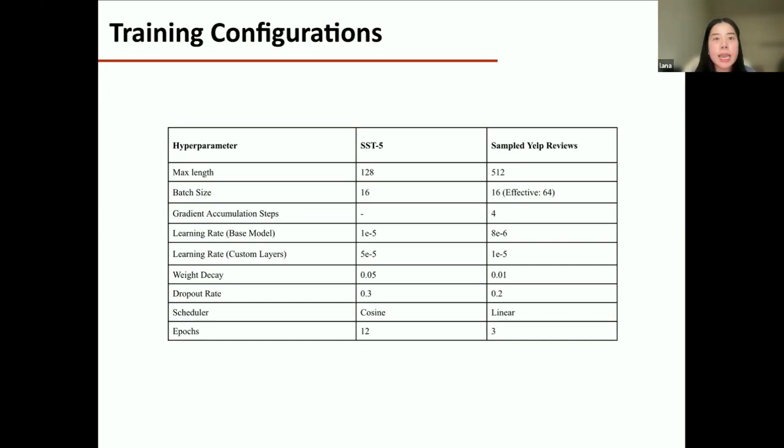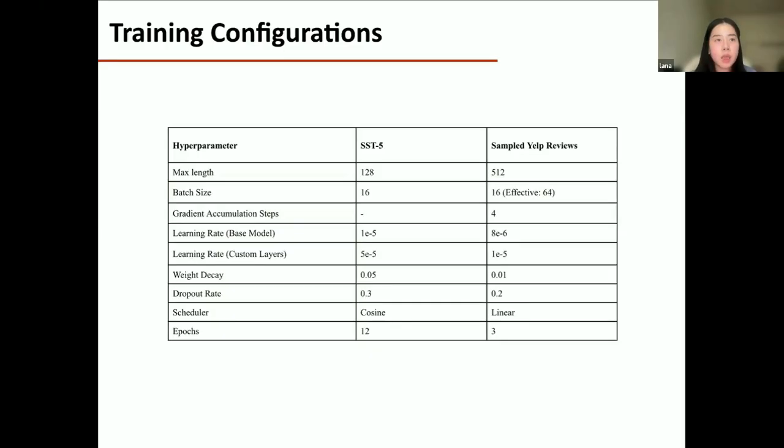epochs to prevent overfitting. And to refine performance even further, we also apply a class-weighted loss for SST-5 to handle class imbalances, to ensure that the model doesn't favor dominant sentiment classes. And additionally, we use dropout and label smoothing across both datasets to improve generalization and prevent overfitting. So by tailoring these fine-tuning strategies to each dataset, we maximize the accuracy while maintaining training efficiency for